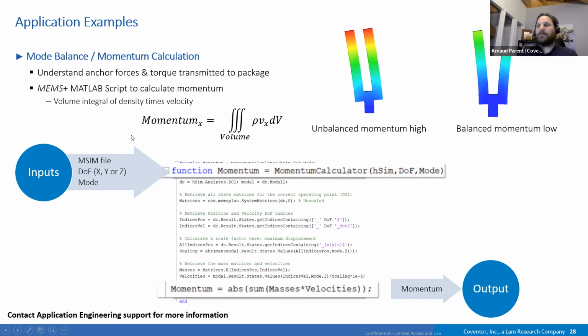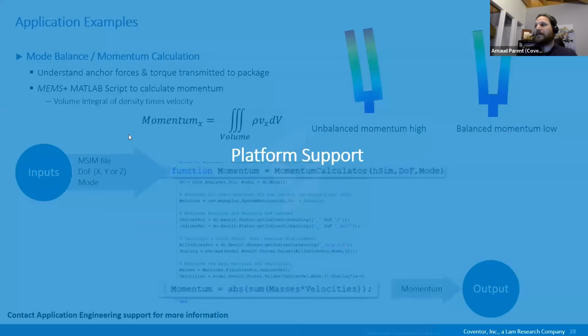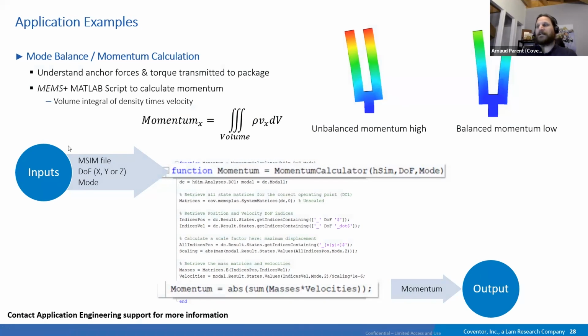So here we created a script. The script is quite simple. It's this script here that will calculate the momentum. Momentum is computed for one mode, one direction. It is basically the volume integral of the velocities. If everything is balanced, this volume integral for this mode is close to zero, or almost zero. With numerical results, it's a numerical zero, a quite small value. So this script will allow you to calculate the momentum, and it's something we worked on during the last release cycle. So that was the last example.